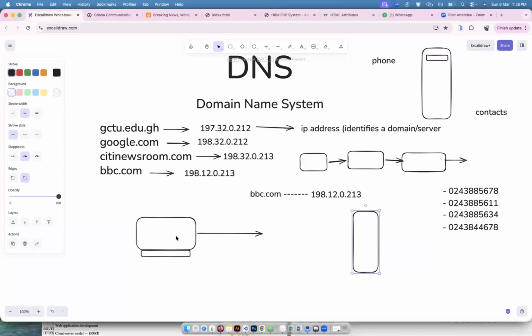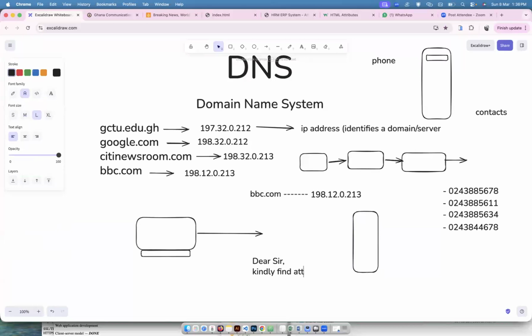I have typed the letter, an illustration I'm giving you: kindly find attached. We all do this when we send emails. So once I send this email,